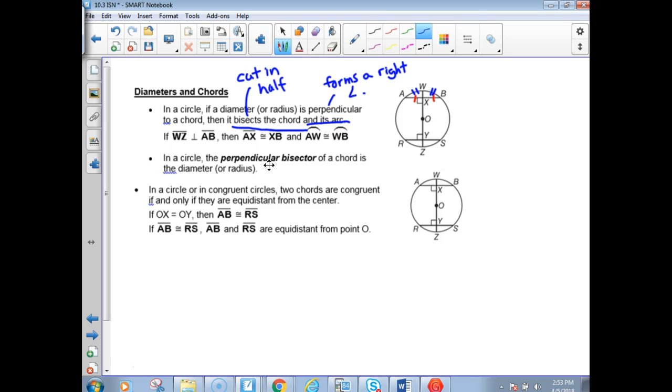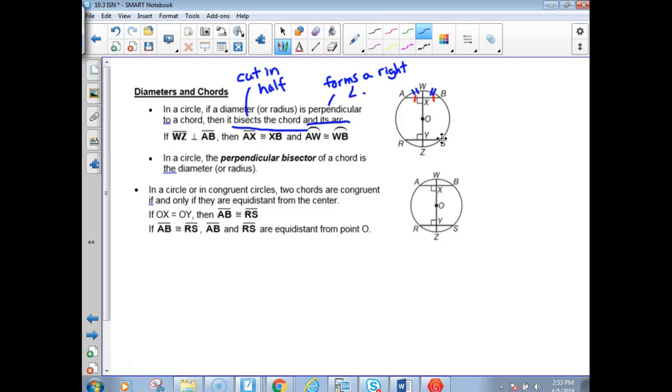In a circle, the perpendicular bisector of a chord is the diameter or radius. So if you see there's a perpendicular segment, you know that this piece coming from the center is definitely a radius. Right now, according to what we just said, we would also have some congruence down here as well,